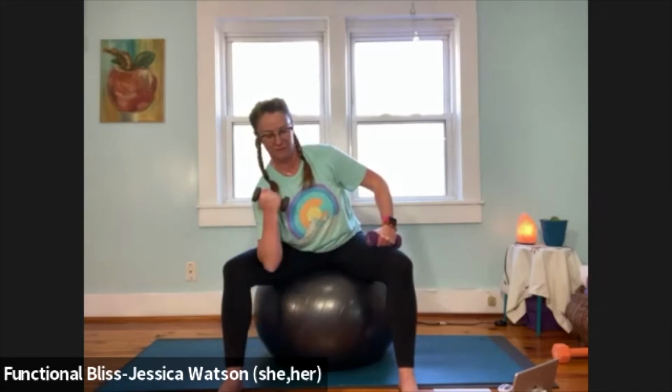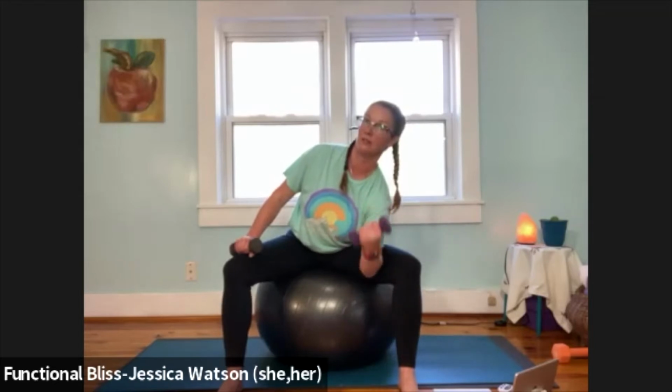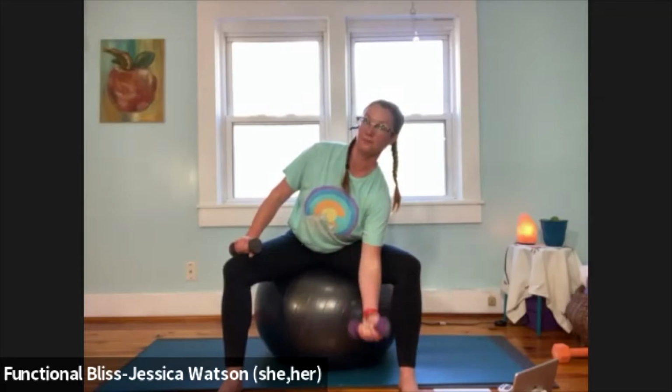you can maintain the same pace coming up as going down. Nice. 3 more to go. Last one. Pick it up, rest that hand on your thigh, right over to the other side. So back of the arm to the inner thigh and into those bicep curls there. Last one here. Arm lowers down, lift up, and now we're going to take both hands to the outside, and